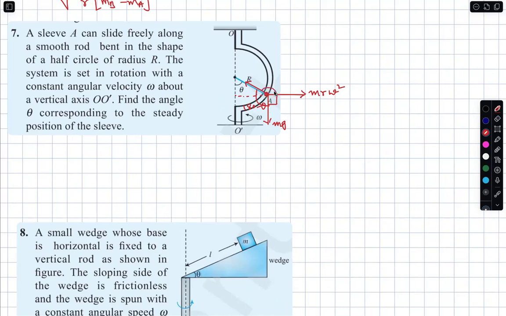What about this angle? Can someone please tell me? This is 90 minus theta, and this should be 90 plus theta. Done. Now I am applying Lami's theorem. How? m r omega square by